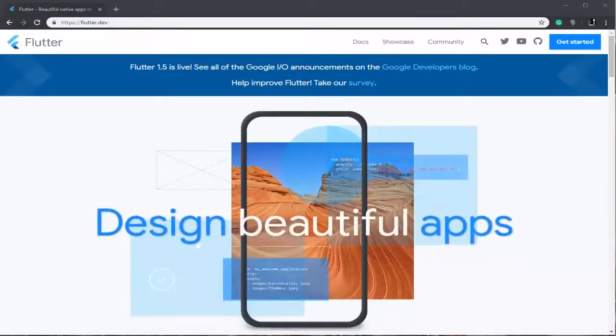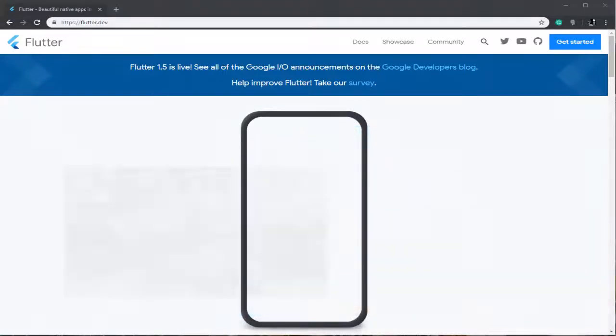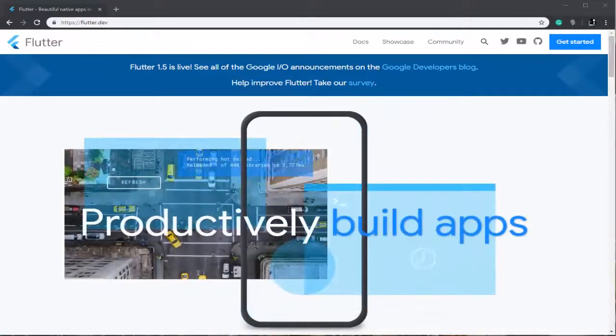Hello my friends and welcome back to another episode. Today I want to explain how you install Flutter on a Windows machine. First of all, go to flutter.dev